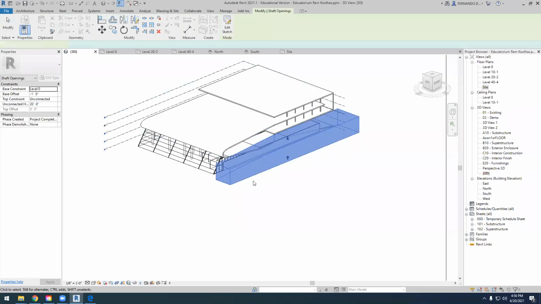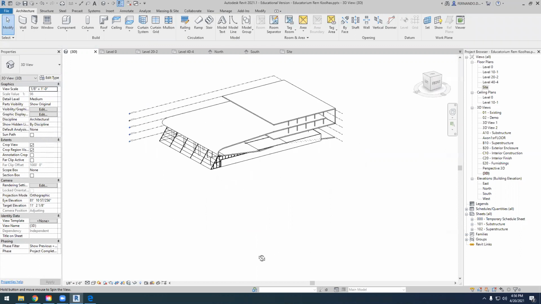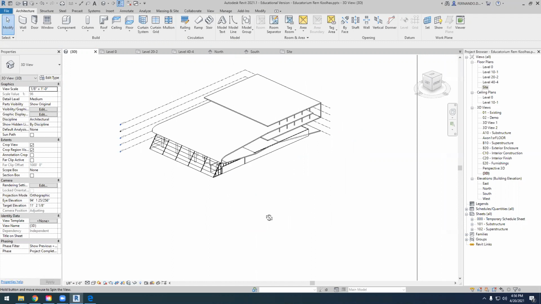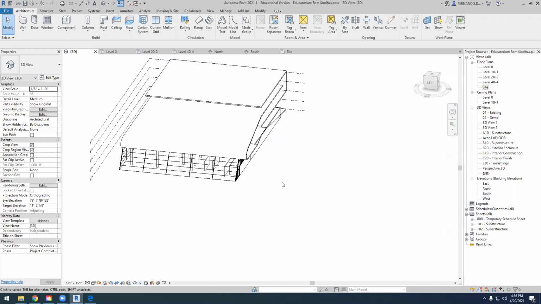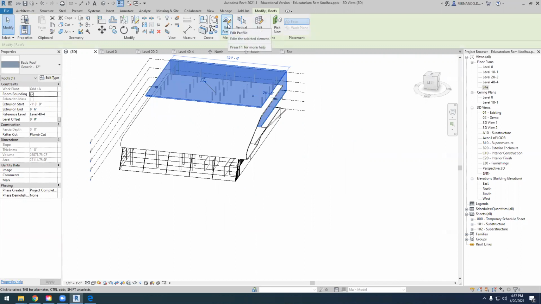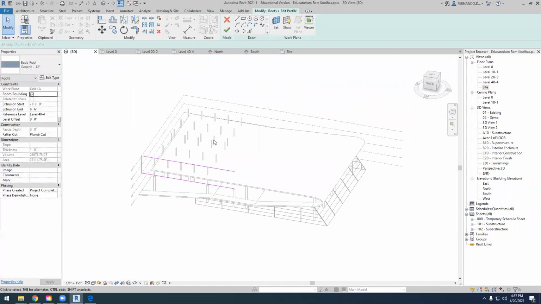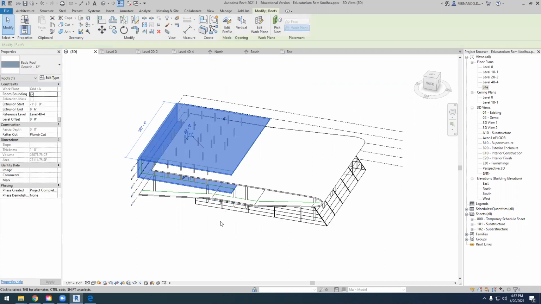Okay. So I think this is the right option, but it depends on if we are using massing inside, or if we are using roof by footprint, or we are using roof by extrusion. So there are different ways. If we are using roof by footprint, I think the most efficient way is to edit profile. If we are using roof by extrusion, if we edit profile, we cannot edit the roof itself. We can edit the shape that generates the roof by extrusion. Okay, so